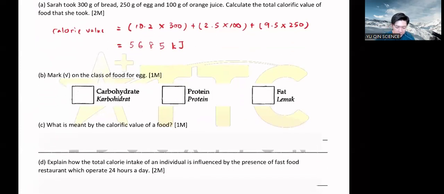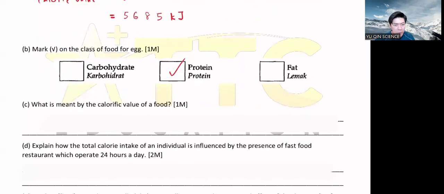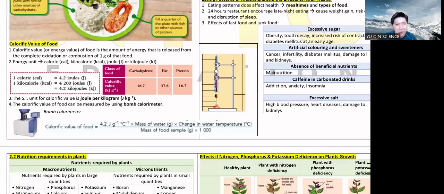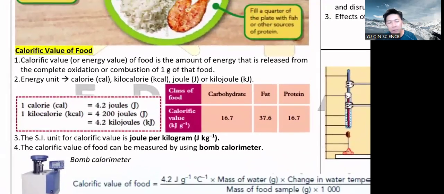What is the class of food for A? Kindergarten. What is meant by calorific value? Oh, memorize. Definition is also very rare, like one mark, 2 marks kind of thing. So you help yourself. There are so many types of definition. So the whole thing here, calorific value. Can you do that? Well, I quickly go to the toilet. Copy first. Okay, I'll be back.